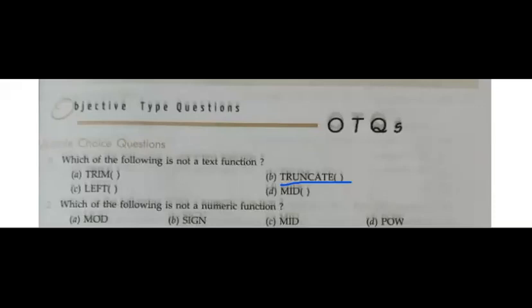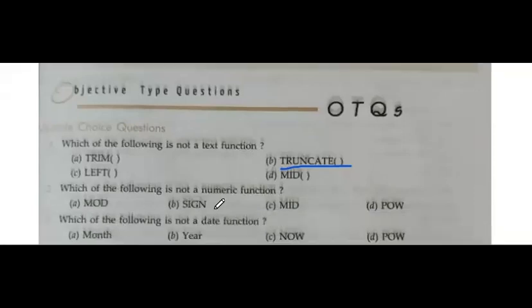Fine, means everybody got the answer. Pranjal, you have not typed. मैम मैंने टाइप किया है, भेज भी दिया. नहीं आया. Speak which one? Mid. Mid. Fine. So C, mid is the answer.